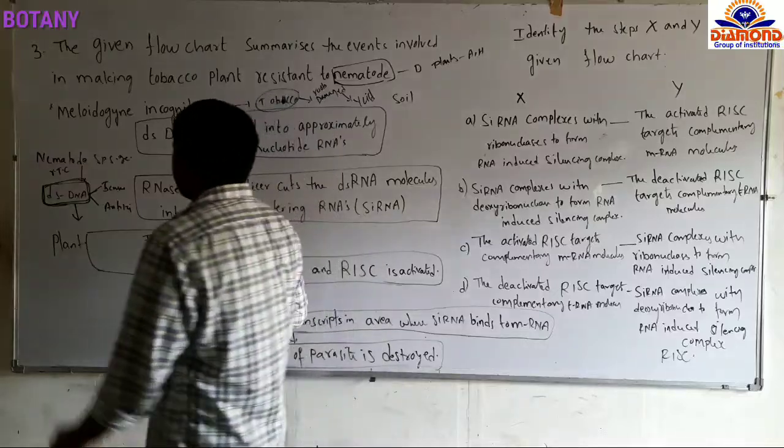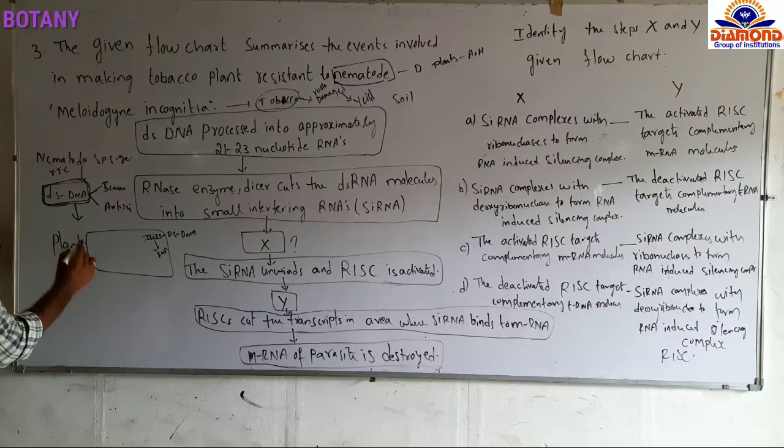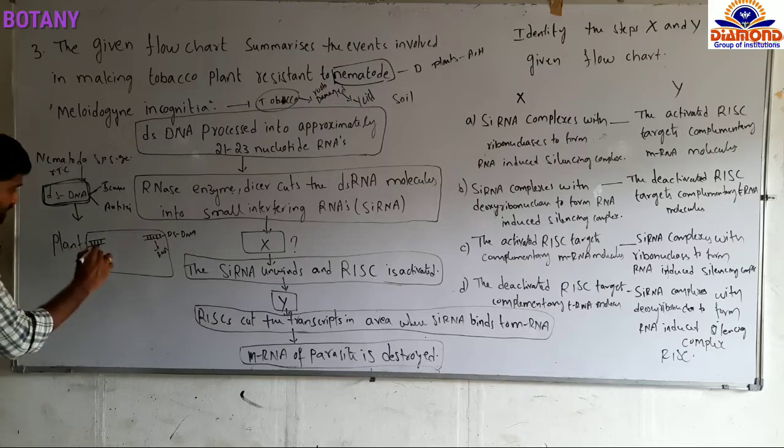Then the nematode enters from the soil into the plant root cells. That nematode also has double-stranded DNA. So now this double-stranded DNA, the nematode gene, is